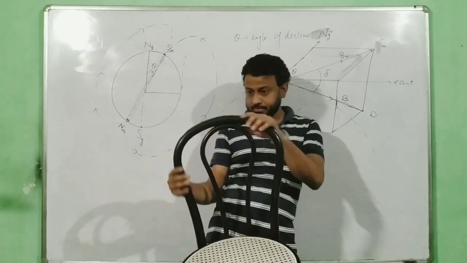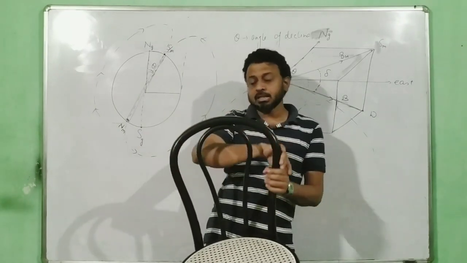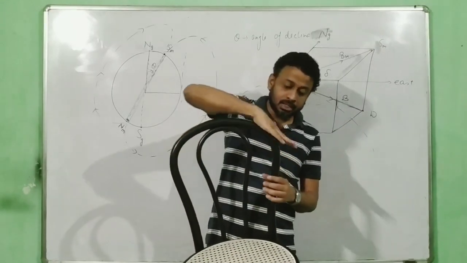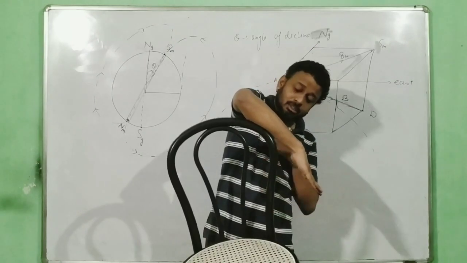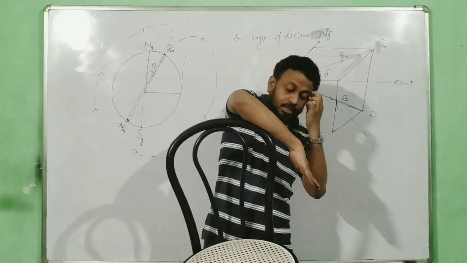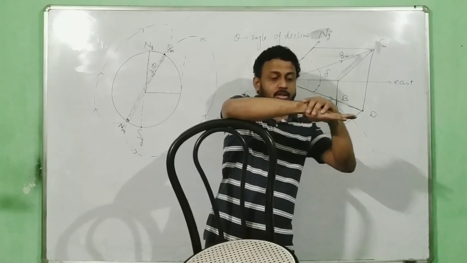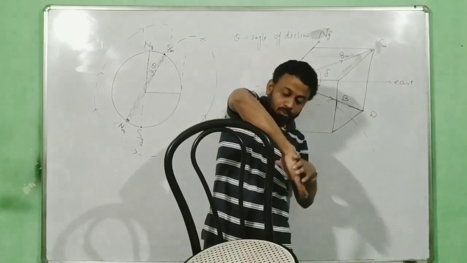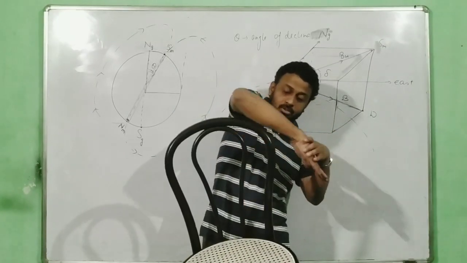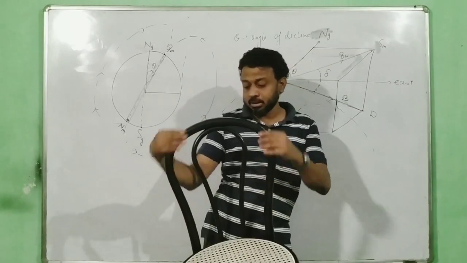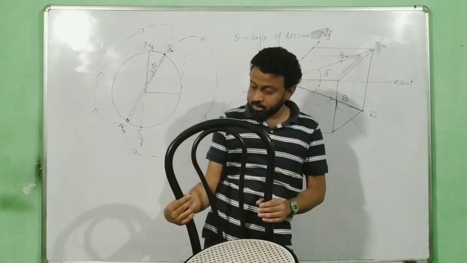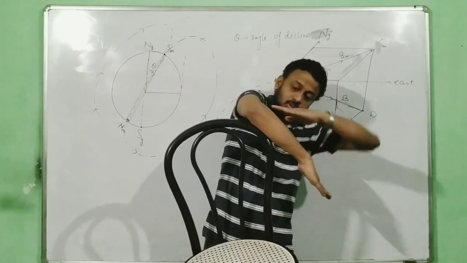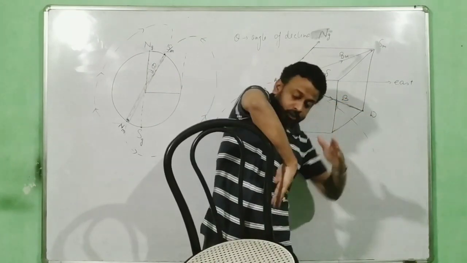This is the shape, and this field runs along the magnetic meridian. So if I consider a tangent like this, at this particular point, this is the net field. This net field will have a component, this one, which is called the horizontal magnetic field, and one more component which is called the vertical magnetic field. Just imagine this black shape is the Earth's field. If I have to find the direction, I will draw a tangent like this. So this component is the horizontal, and this one is vertical.